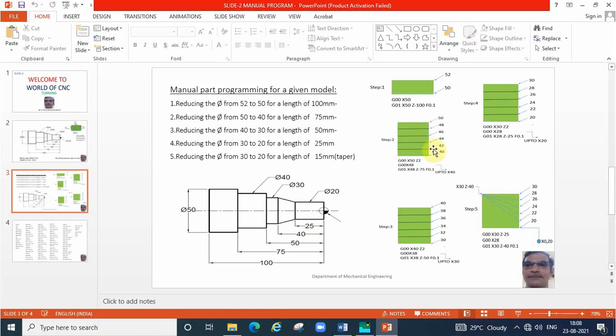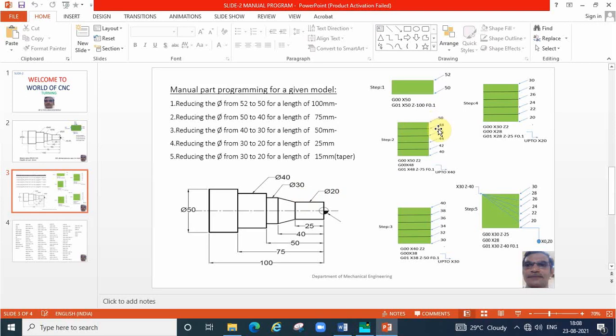Say how many cuts are there? Say how many steps are there? 5 more steps are there. Okay. Say around 100 lines will come for this simple given profile, so that we are giving 2 mm depth of cut. Normally the depth of cut should be minimum.